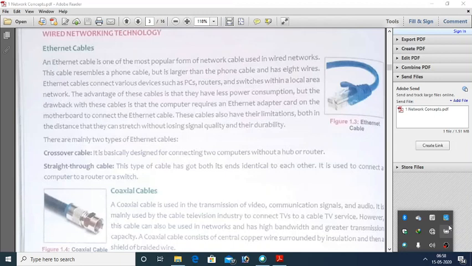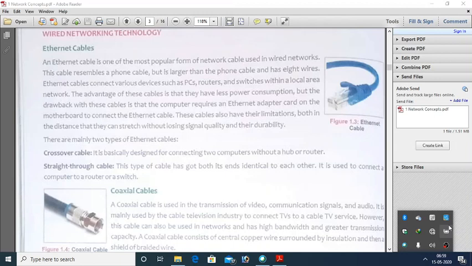The advantage of this cable is that it has less power consumption, but the drawback is that the computer requires an Ethernet adapter card on the motherboard to connect the Ethernet cable, where we connect the RJ45